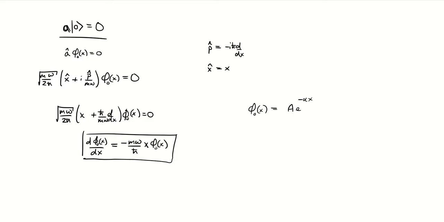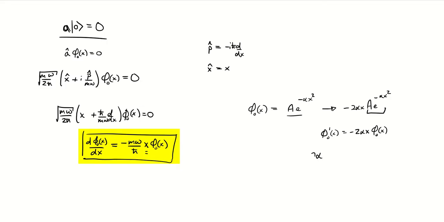If we take the derivative of this, we'll get the negative sign out, but we also need this x out in front. So if we square that, we get our first derivative, which gives us negative 2 alpha x times A e to the negative alpha x squared. This is just our initial phi naught. So the first derivative of our test function is negative 2 alpha x times our test function.